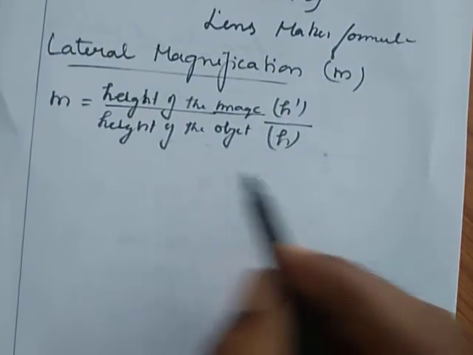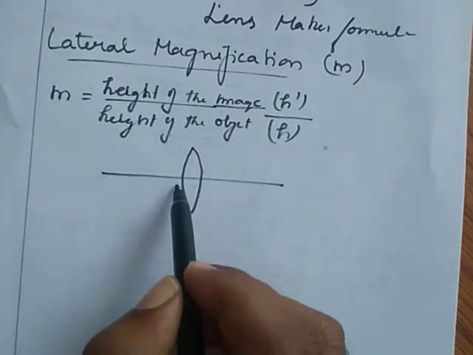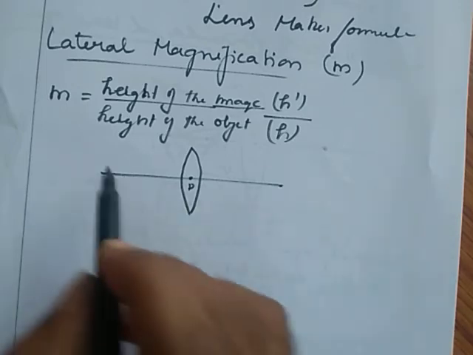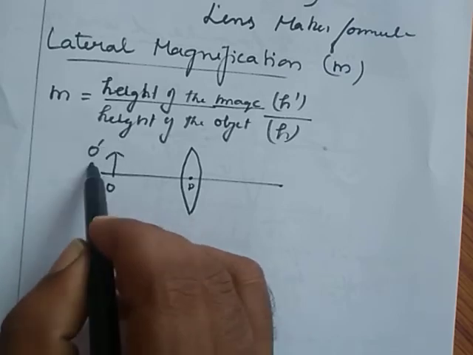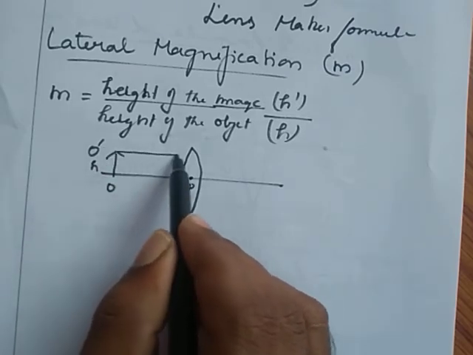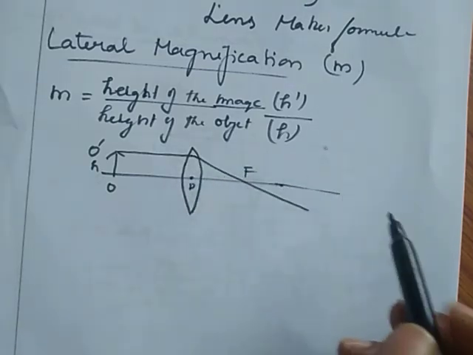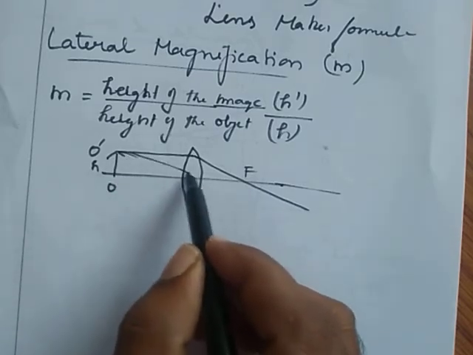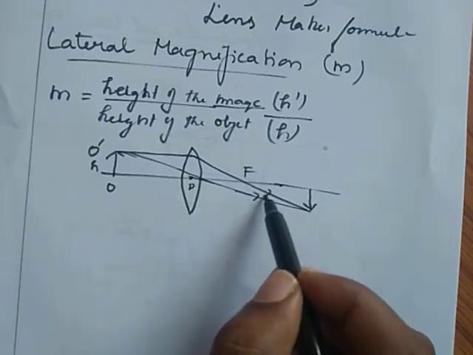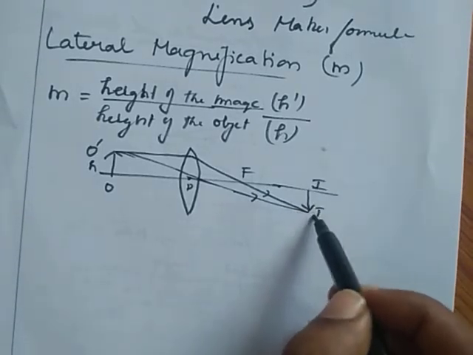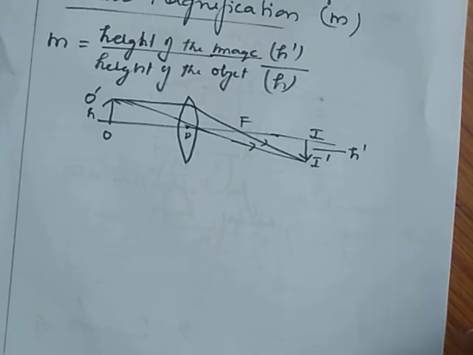Suppose I consider a converging lens, here this is that converging lens, this is the pole, and this is the principal axis. I place the object here, named O dash, having the height h. Light from the object that is parallel to the principal axis, after refraction, passes through the focus. This point is the focus. Then there is a ray that falls through the pole. After the meeting of the two refracted rays there will be an image, that is I dash. This image has the height h dash.